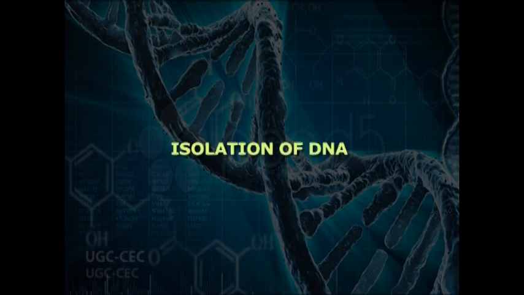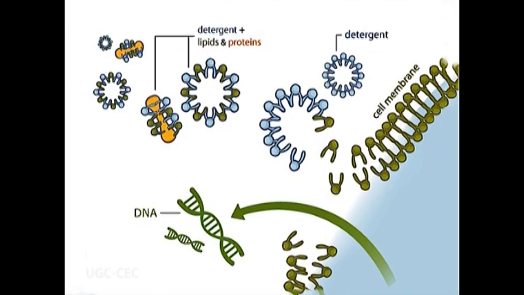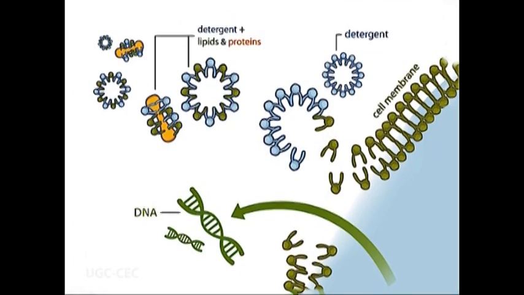Moving on to isolation of DNA. To study DNA of a plant, animal or microbial cell, one must first break the cell wall or membrane and release the DNA from the nucleus. It is important to isolate DNA which is free from contaminating RNA, proteins, lipids and other cellular constituents. Due to the large size of genomic DNA, the isolation method should be gentle to minimize mechanical shear stress which would fragment the large genomic DNA.